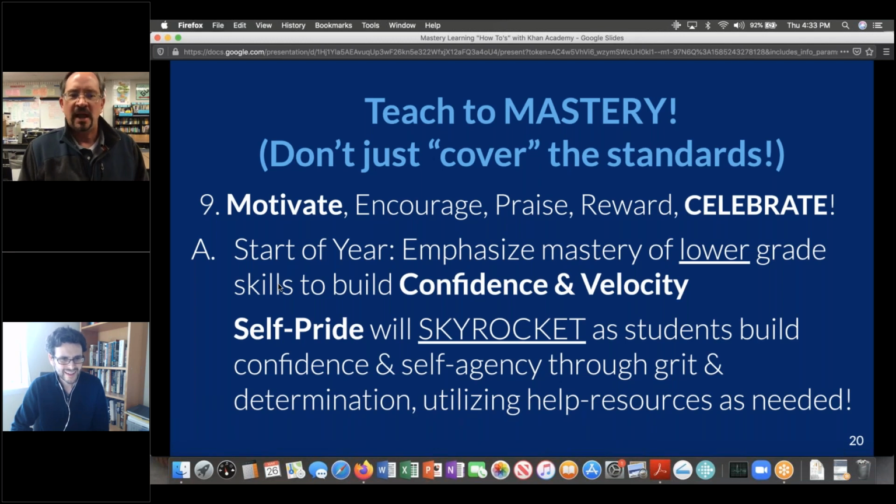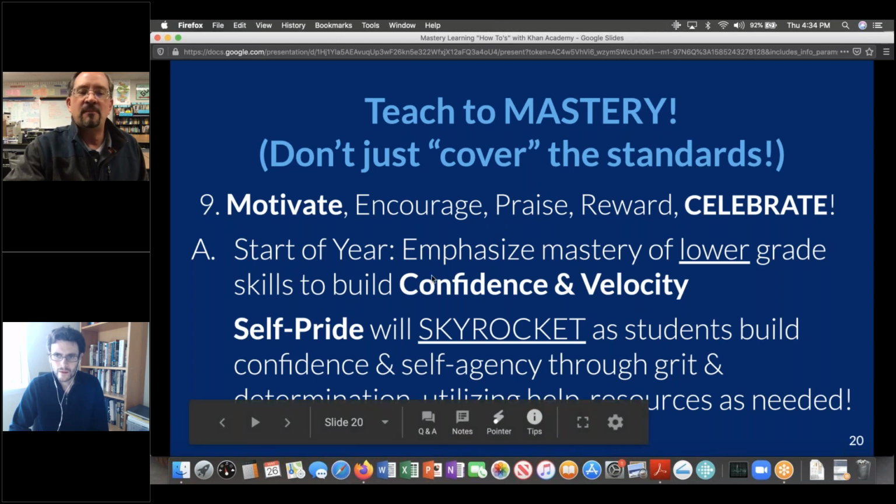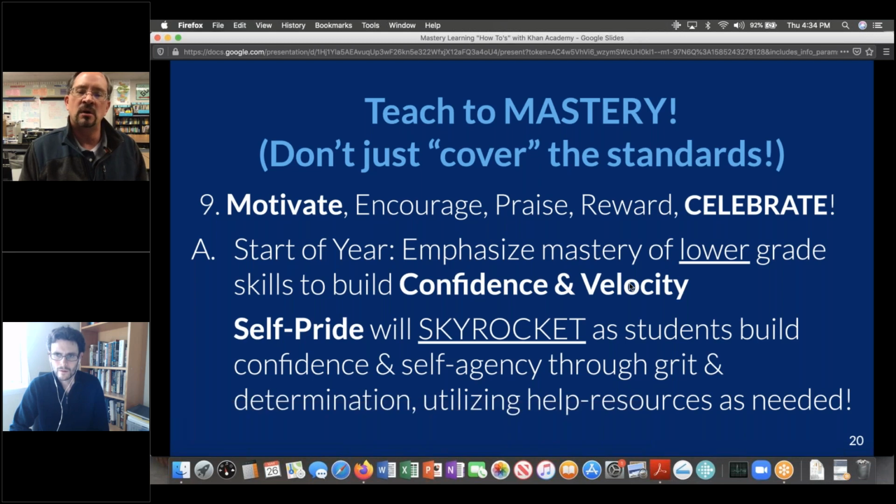I'm a 6th grader. And they might secretly struggle with some skills, like, Mr. Vandenberg, I forgot what a rhombus is. Can you tell me what that is? Or they might not have ever truly had the chance to learn or master what some of these number sense skills are. Did you know they start learning about distributive property concepts pretty early in Common Core? So really have them go through those foundational skills. They basically build confidence and velocity by focusing on lower grade level